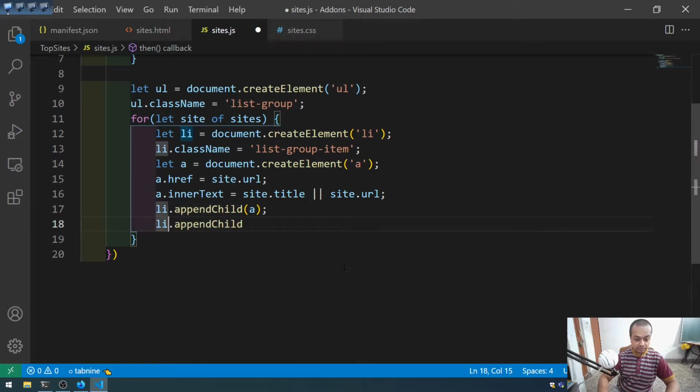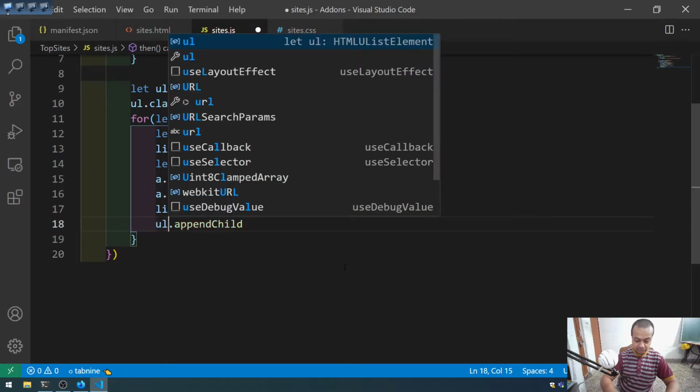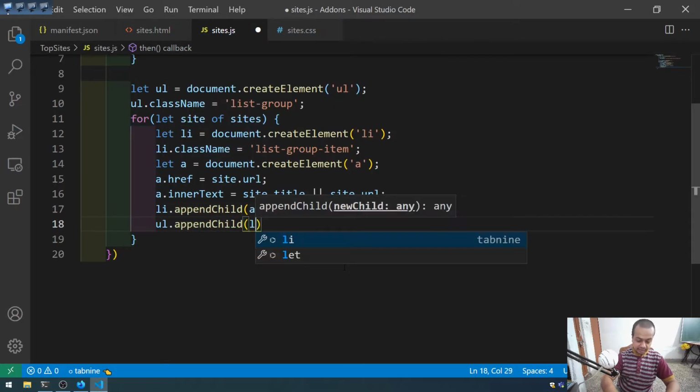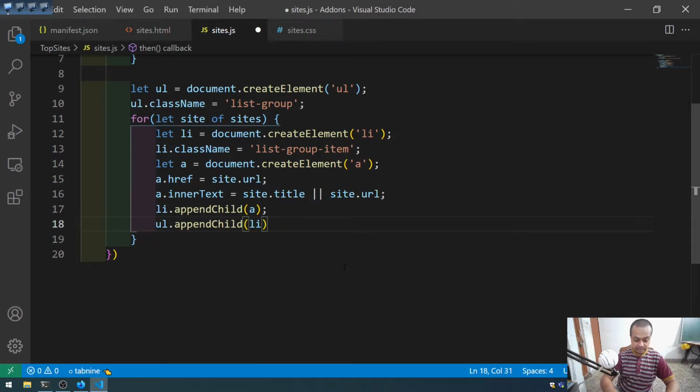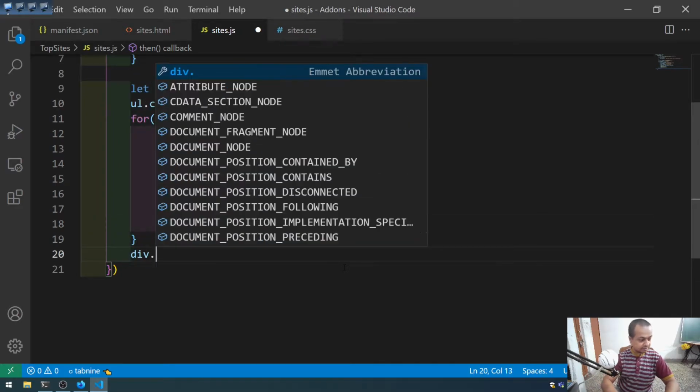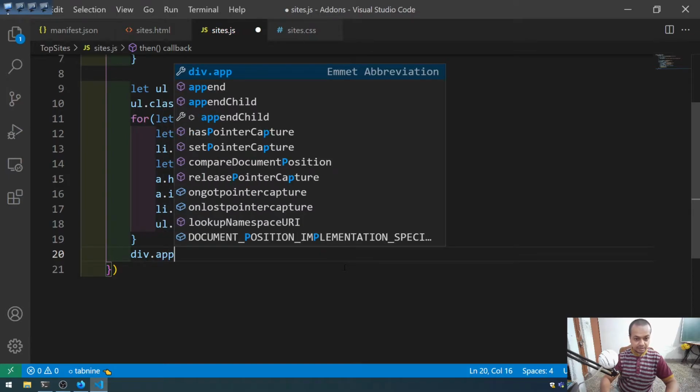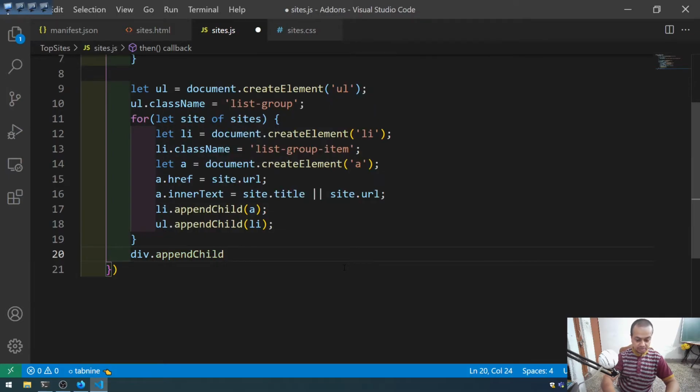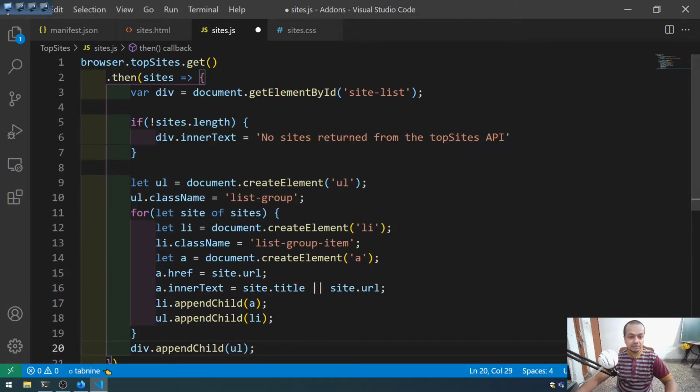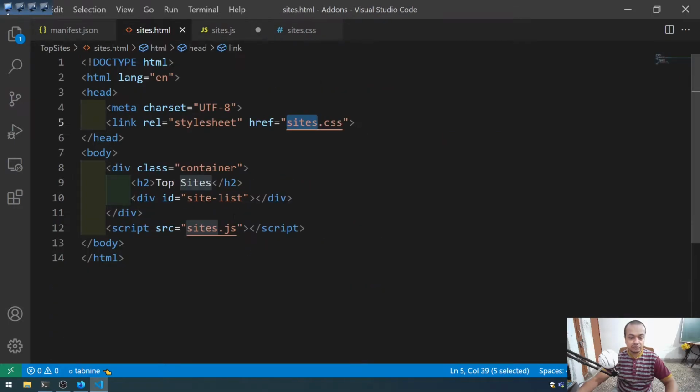In the li we will append the a, and in the ul we will append the li, and after that div dot appendChild ul. So what is this div? Div is site list, so we are appending everything in this site list. Okay,